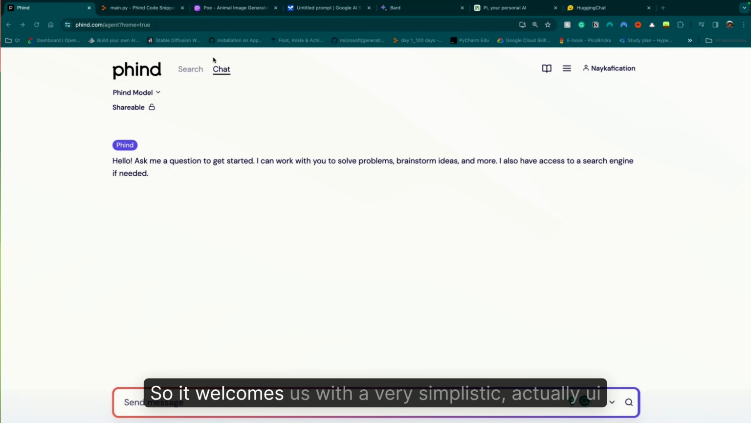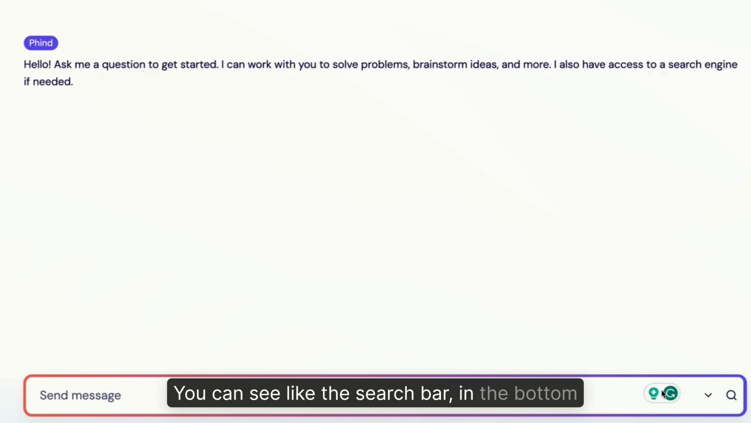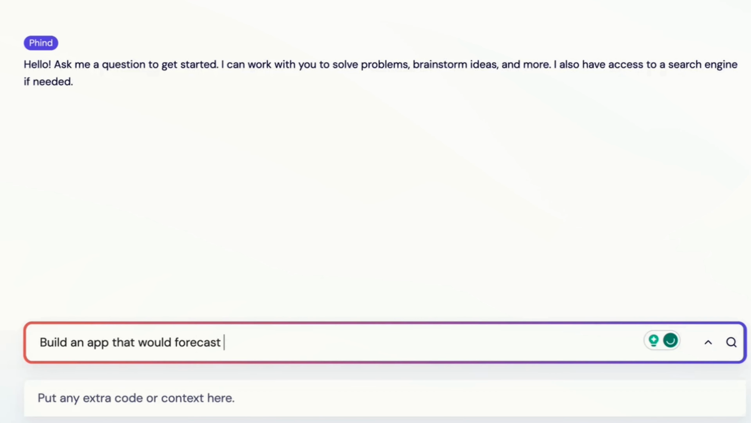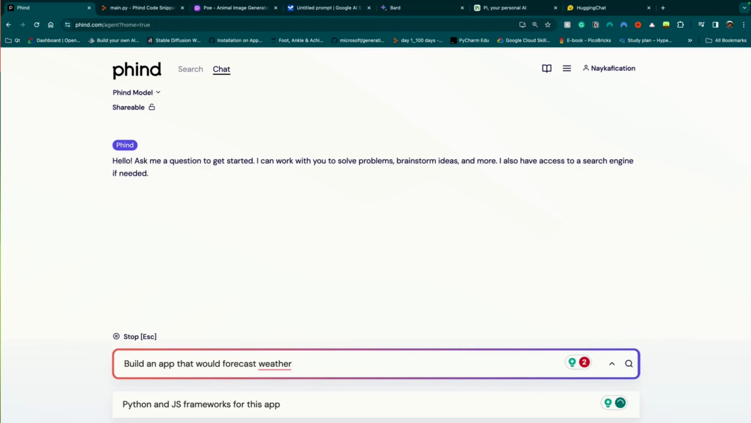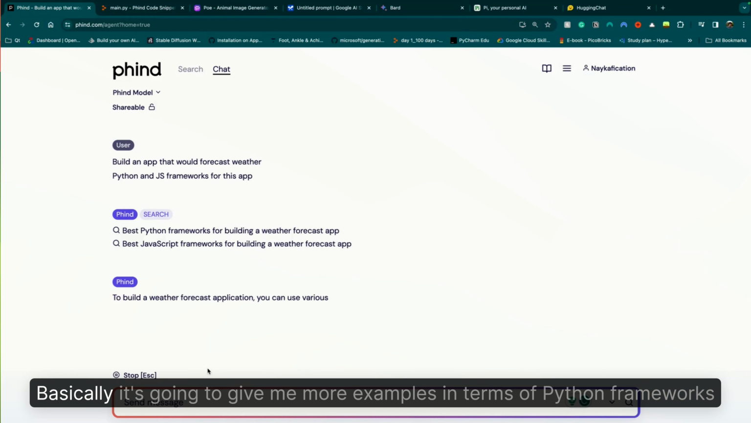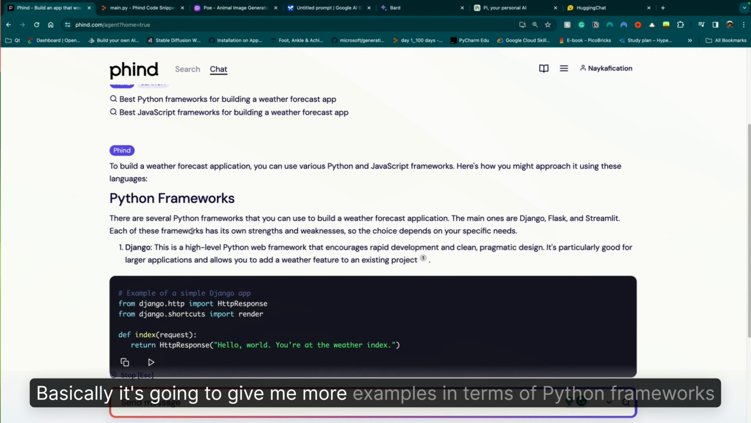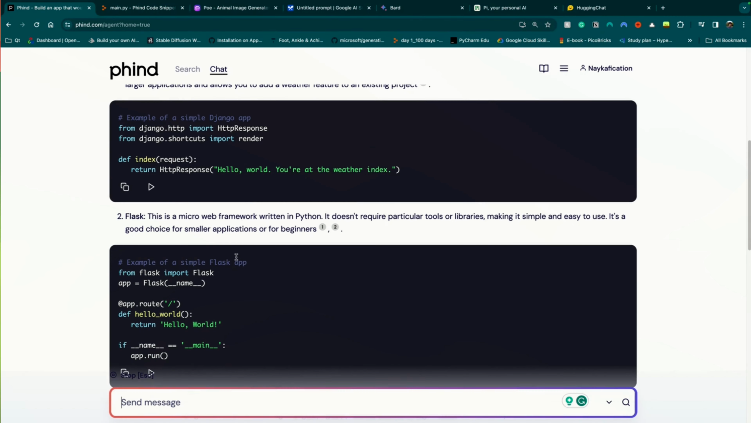So, it welcomes us with a very simplistic UI. You can see the search bar at the bottom. I'll ask about a weather application, and then put in extra details that I want to use Python and a JS framework for this application. And then let's generate our prompt. Basically, it's going to give me more examples in terms of Python frameworks,